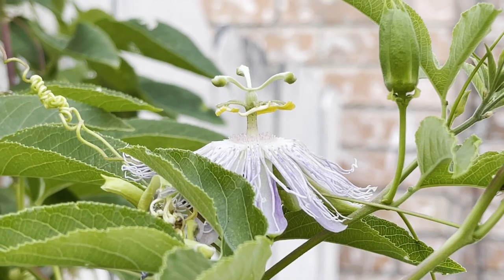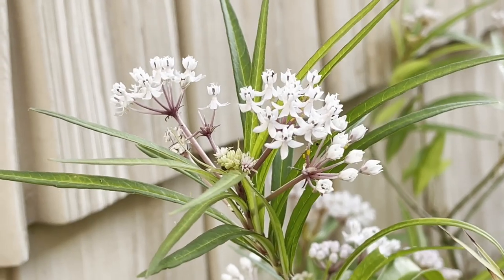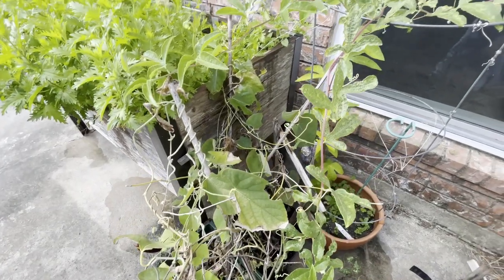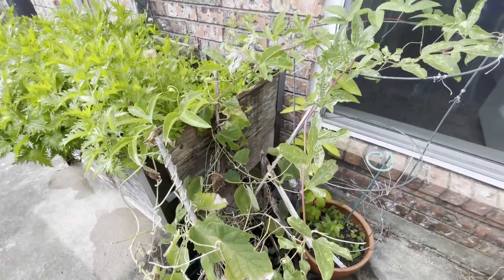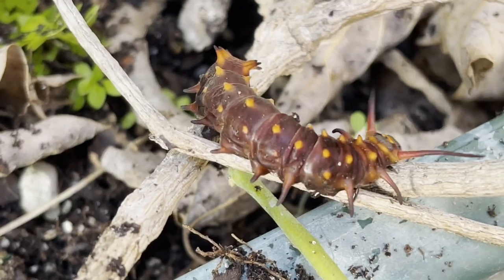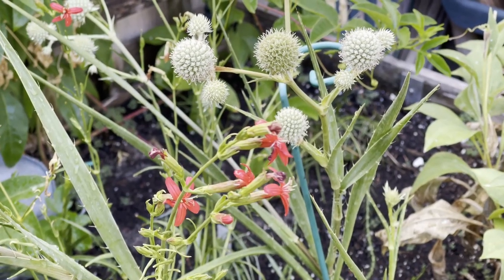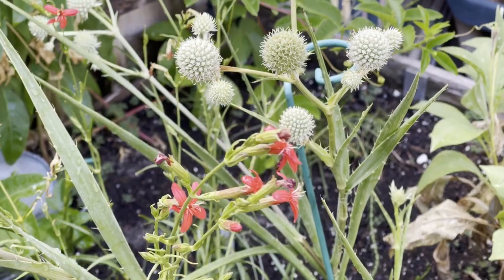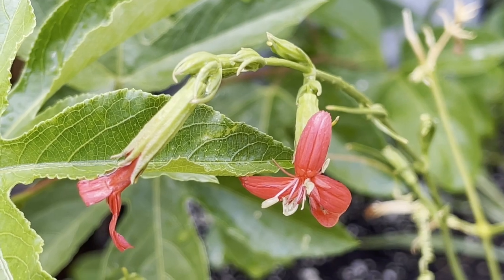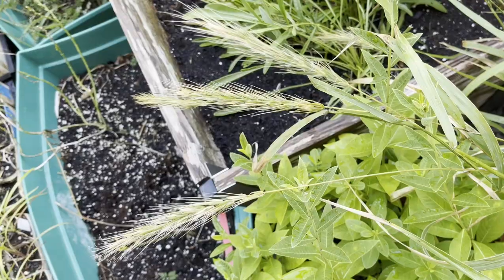And here we have the flower for the passion vine. Aquatic milkweeds blooming profusely. My tomentosa pipe vine has not been blooming, but caterpillars have appeared and they're all over a number of the plants. Louisiana catchfly and rattlesnake master are still blooming. And you get a close-up of the Louisiana catchfly, and Texas star hibiscus,